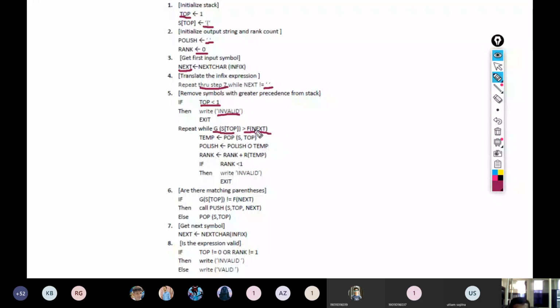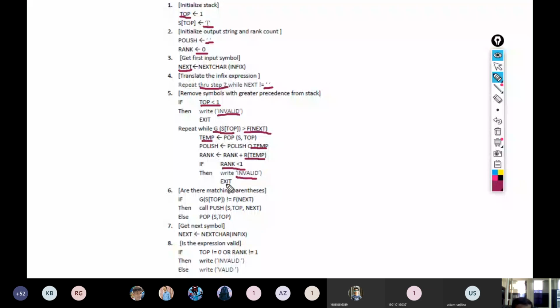And if this is the case, we will pop the stack, we will store it to the temp, and we append temp to the Polish expression, and then we will update the rank also with the rank value of the temp variable. And if we find the rank less than 1, then we will write invalid and exit from the algorithm.